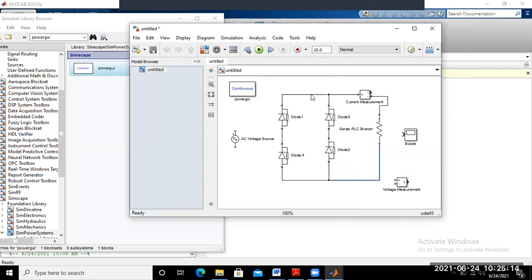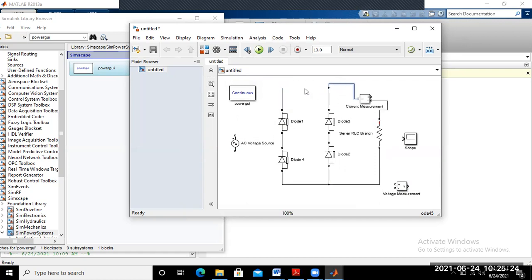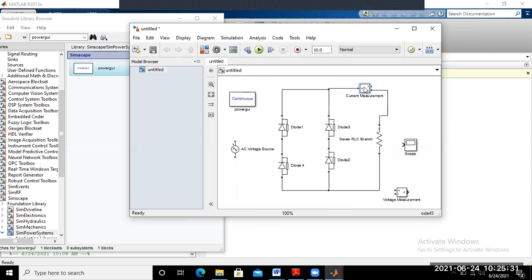So if you want more space, just move this one to this point, and again this one. Yeah. So this diode may be moved up some part forward, and again this one is moved some part in the upward side.